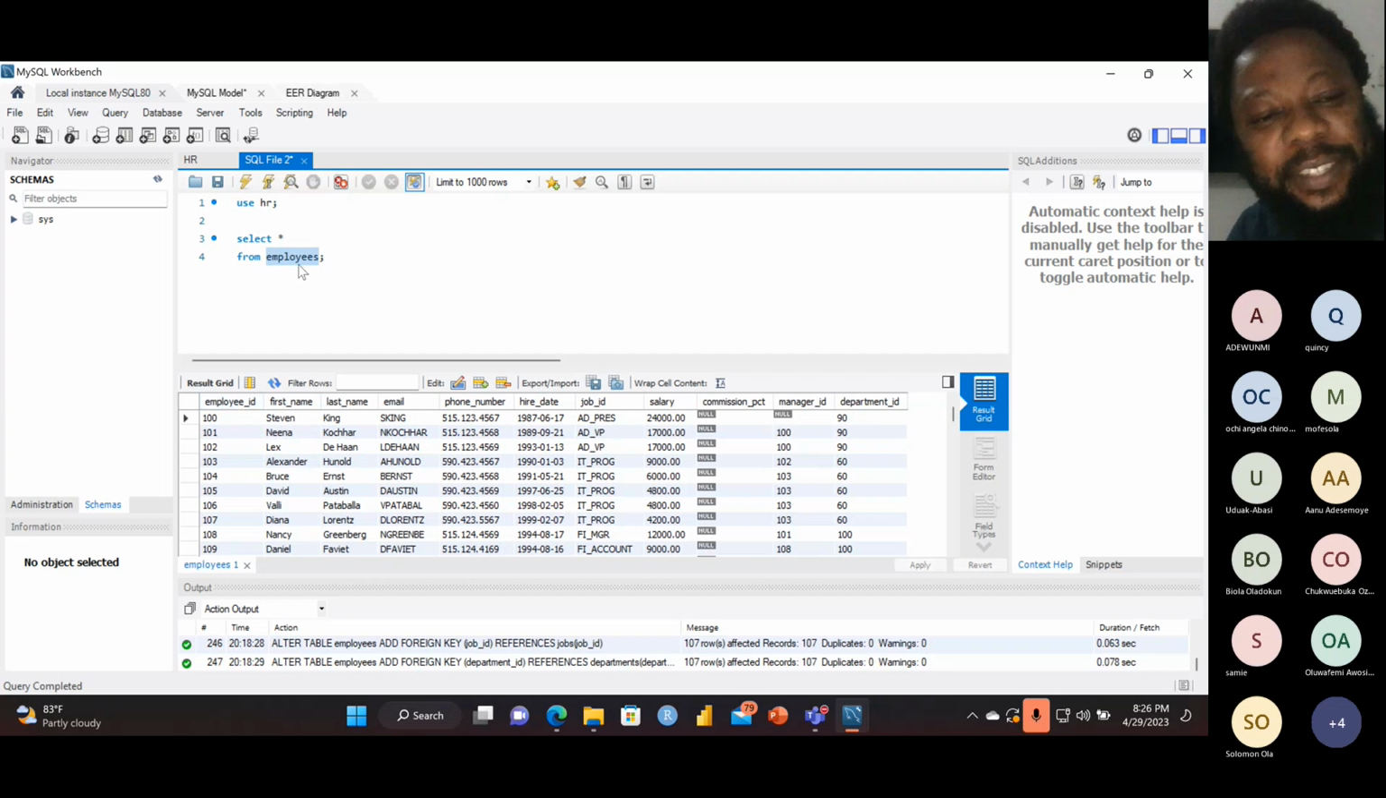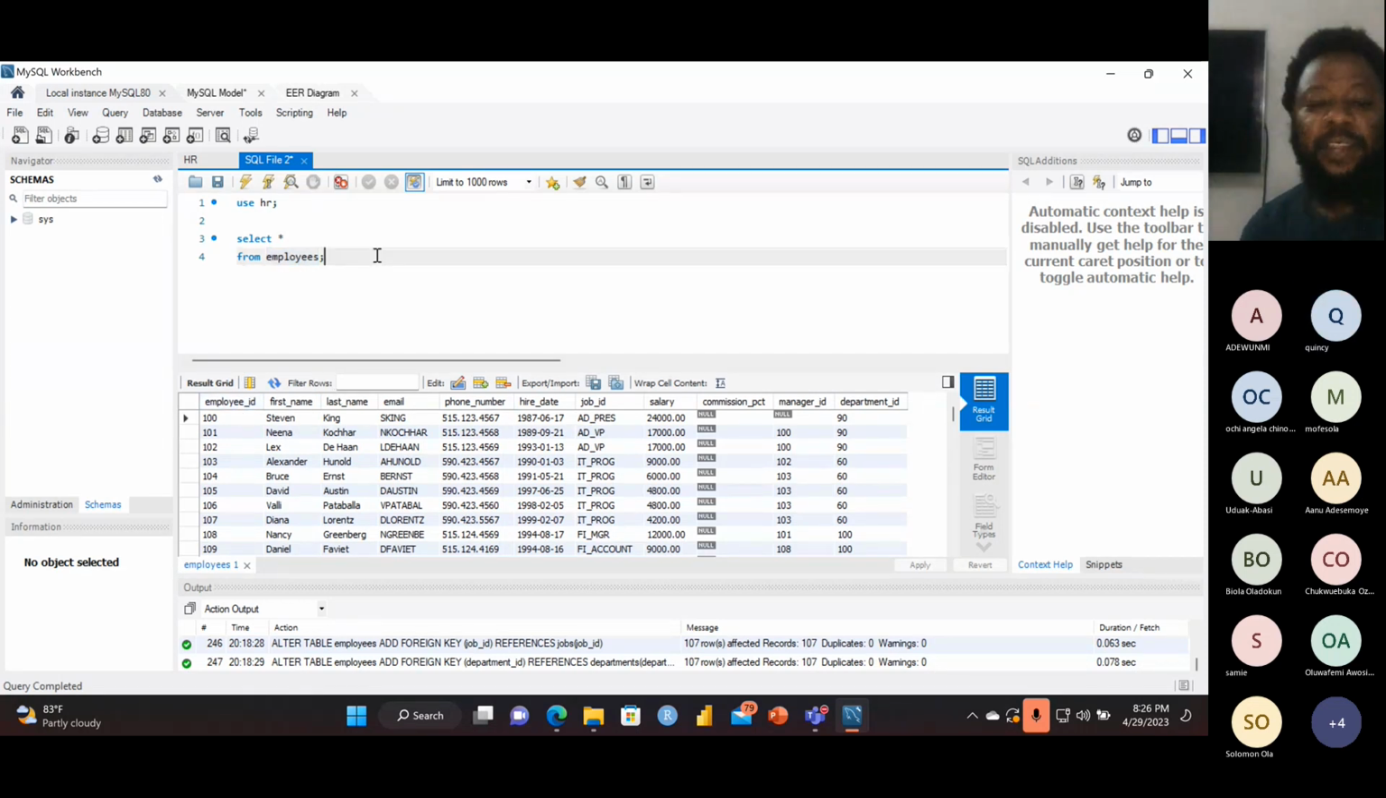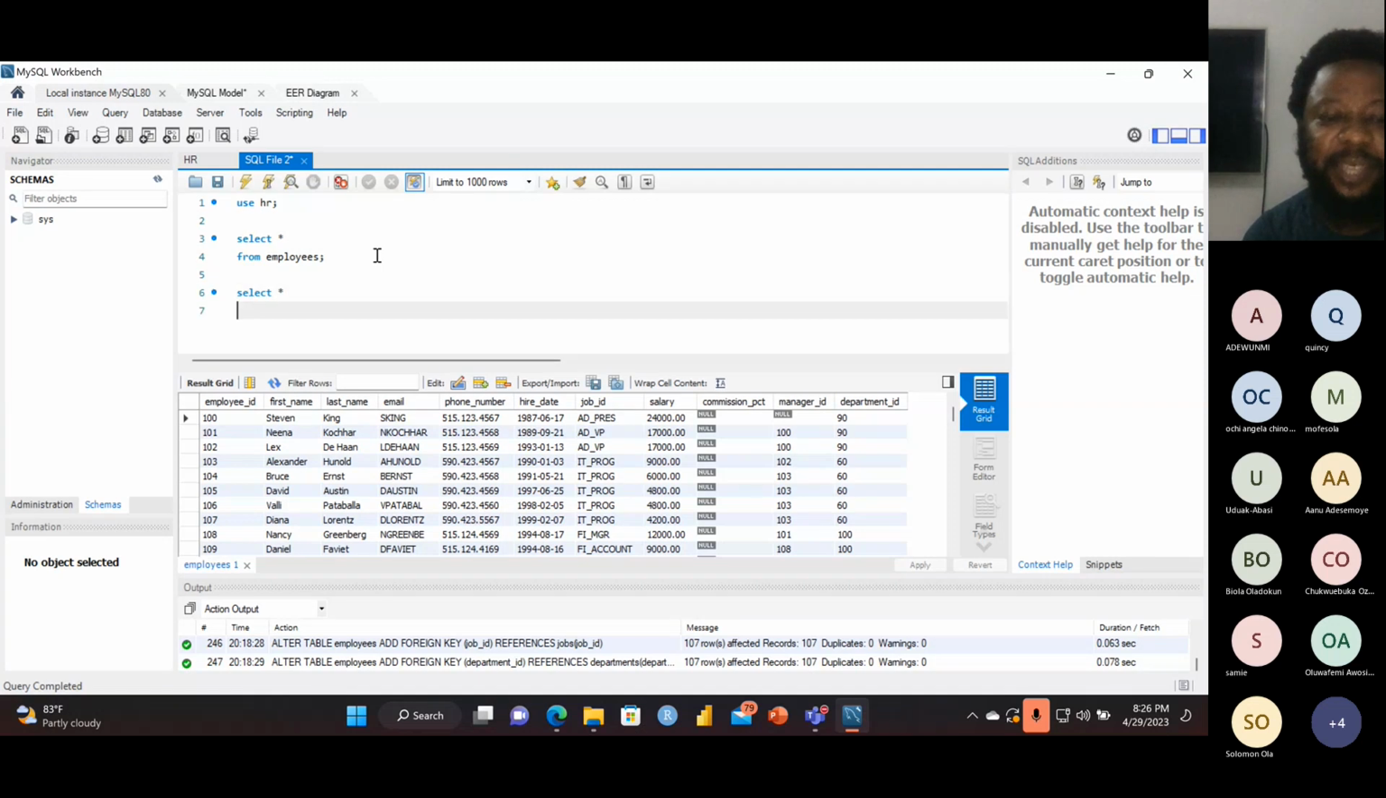So what we have now is that you have an entity, and these are the attributes of that entity. Let's try another entity, so that you understand what we're saying here. So if I say select asterisk, that asterisk means all. We'll talk about it much later. From